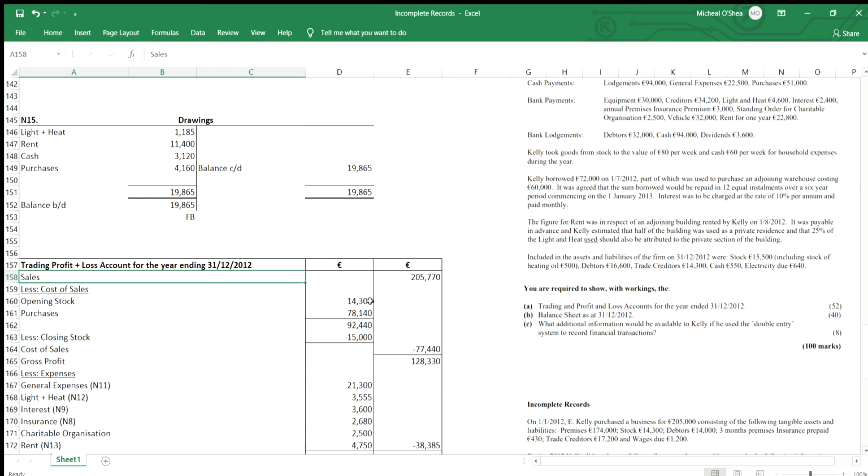My opening stock, where am I going to get my opening stock? I can see up here at the top of the question, 14,300. Where do I get my closing stock? I can see here at the bottom of the question, my closing stock is 15,000. Why is it 15? This is something I need to highlight. Closing stock is not including